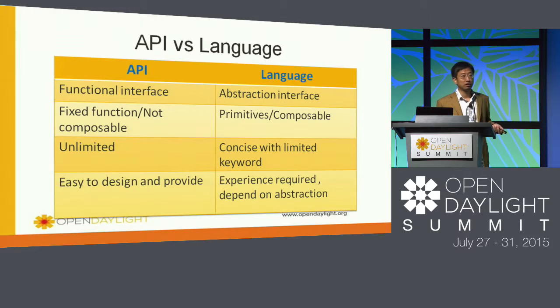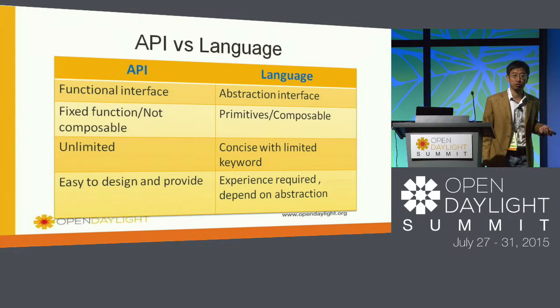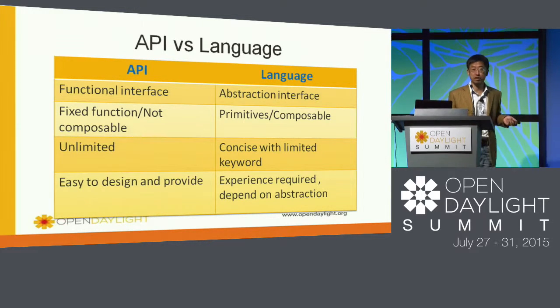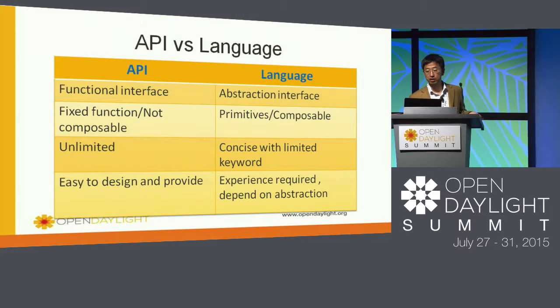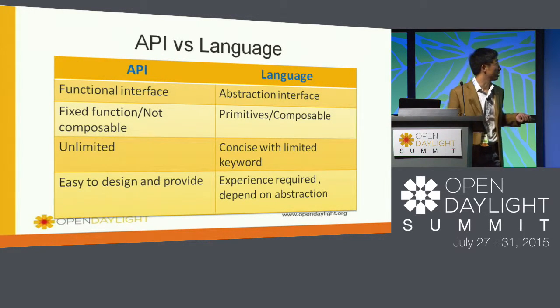Obviously, today open is a trend. Programmability is one important type of open. Today we already have lots of APIs to program networks. They work, but why do we still need a different way to program networks? To answer this question, here is my opinion about the difference between APIs and